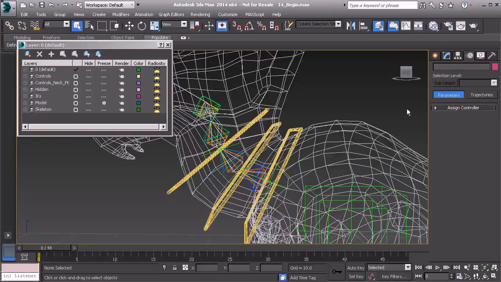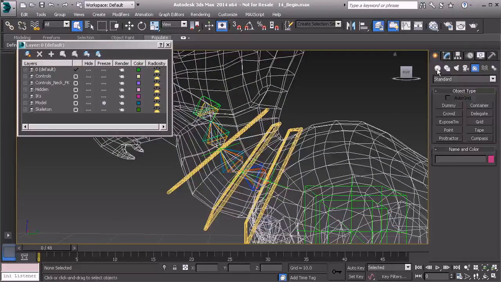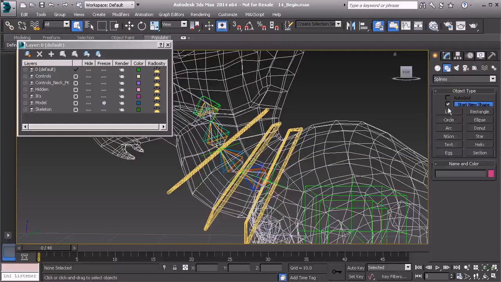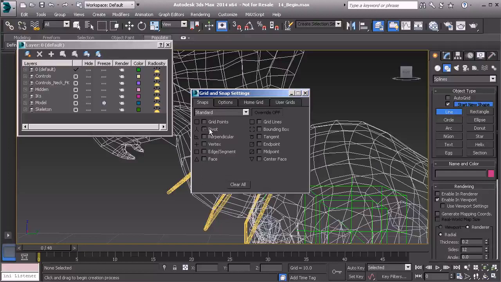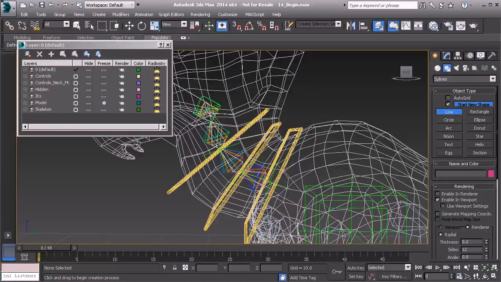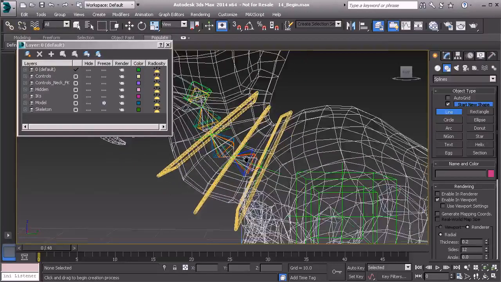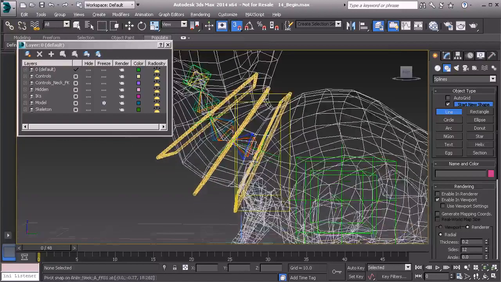So here's what we'll do. We'll head over to Create. We'll create a line. Let's go to our snapping tools. Let's make sure we have this set to pivot, so we can uncheck grid points just so we're focused on each bone's pivot point. That way, when we apply our spline IK, there will be little to no shifting at all when it's finally attached to this chain. Alright, so let's go ahead and press the S key to turn on our snapping tool,